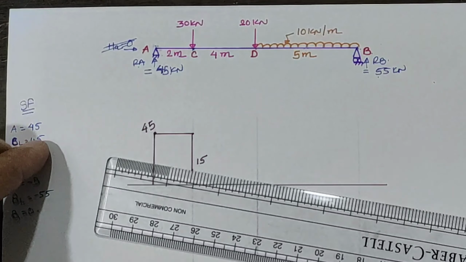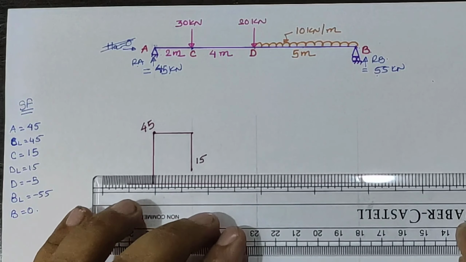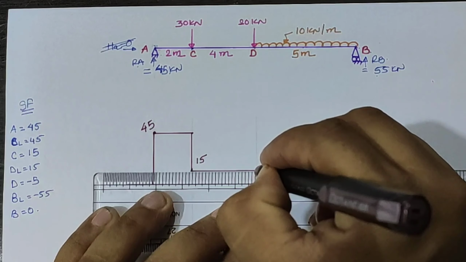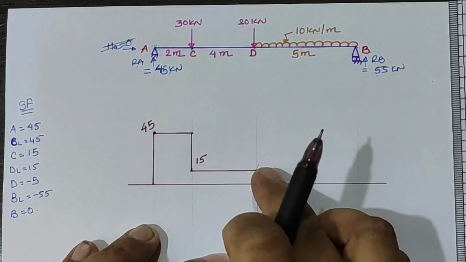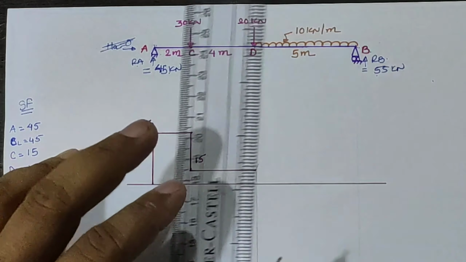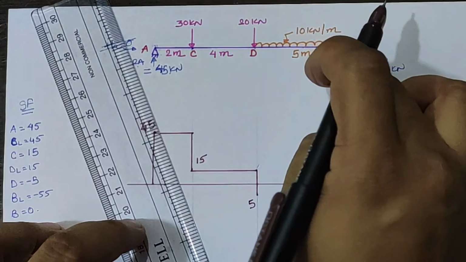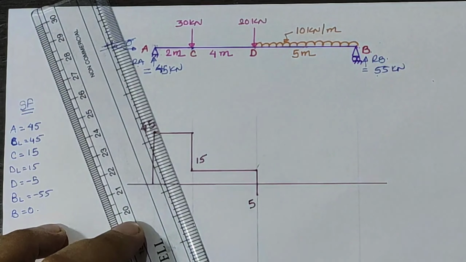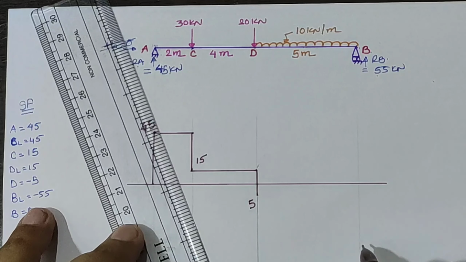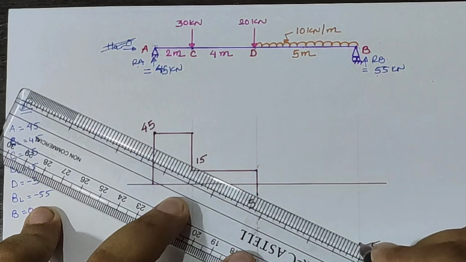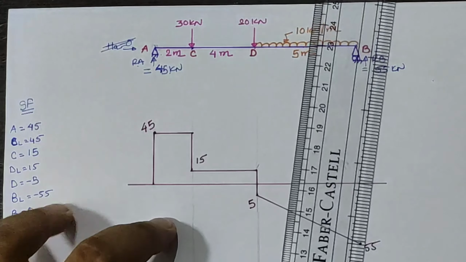Now from point C to point D there isn't any horizontal load or vertical load, hence the diagram is a horizontal straight line. At point D our value is minus 5 according to the rule of sudden drop. Then for the UDL, the shear force diagram is an inclined straight line, and at point B our value is 55. So from 5 to 55 we have to draw an inclined straight line, and then again at point